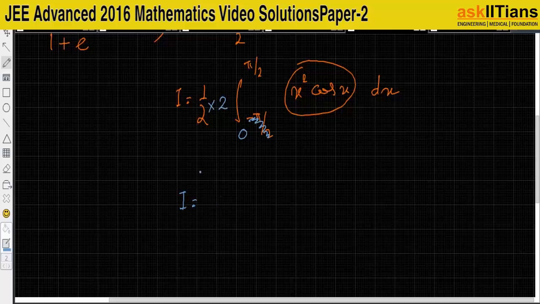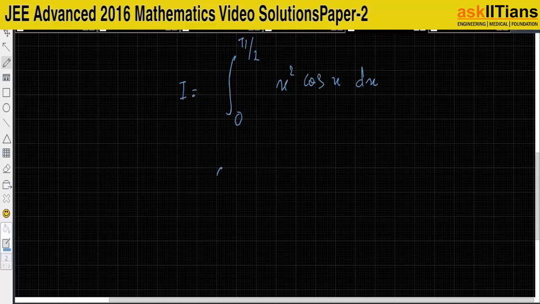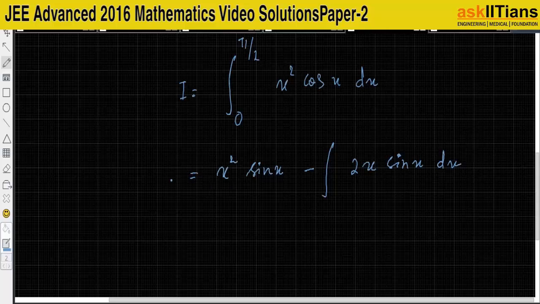So I will come out to be, this 2 will get cancelled. I'll get integral from 0 to pi by 2 of x square cos x. X square cos x I can simply solve by applying integration by parts. Now if I apply integration by parts, I'll get first function into integration of second function, that is integration of cos will be sin x, minus differentiation of first into sin x into dx. So I'll get this, and if I simplify further,